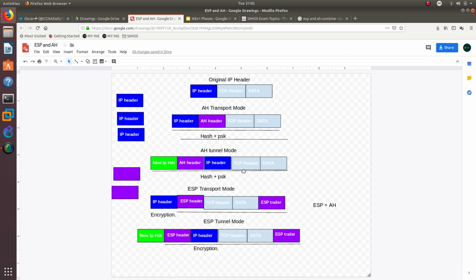So if you want to be able to do that, what you want to do is run ESP with AH, and the way this works is that the first thing that is going to happen, we are going to have a new IP header right here, right? Correct. And then we are going to insert,